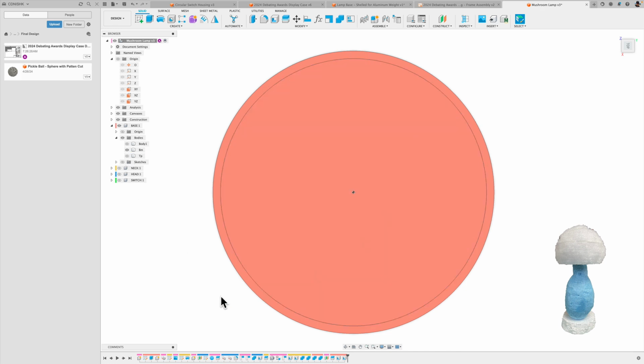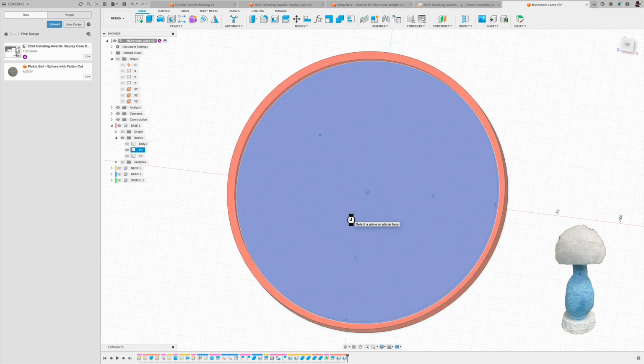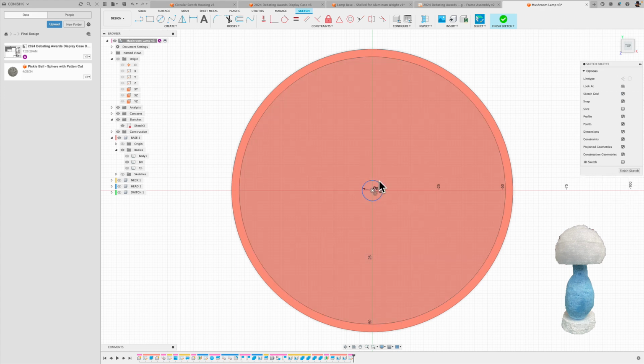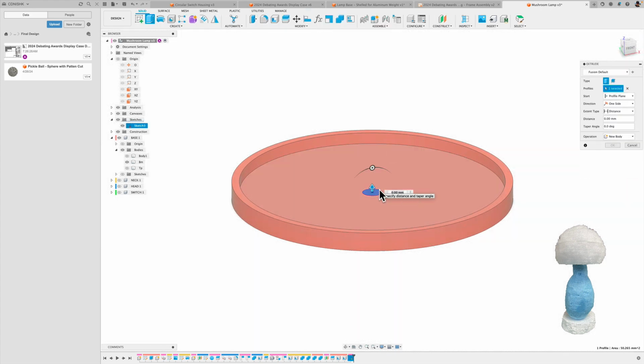And so what I'm trying to do here is create a sketch so that I can do that. So I'm drawing a circle just at the bottom of this, the bottom body of this base. So just had a quick measure of the cables, and 8mm should be enough, more than enough space to run the cabling. I've selected the sketch so that I can use it to do a cut extrude,